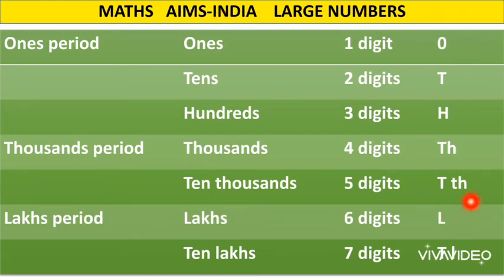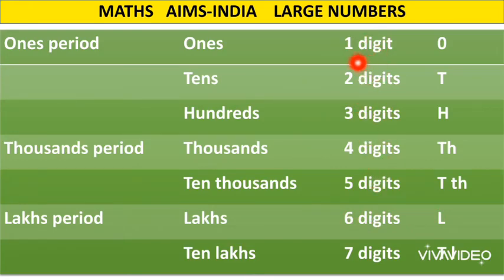And coming to these alphabets here, these letters are used to denote the place values. Instead of writing such a big word as ones every time, we just write the letter O. So ones is denoted by the letter O, tens by the letter T, hundreds by the letter H, thousands by the letters TH, 10,000s by the letters T, TH, T for 10 and TH for thousands. Lakhs are denoted by the letter L. 10 lakhs are denoted by the letters T, L.